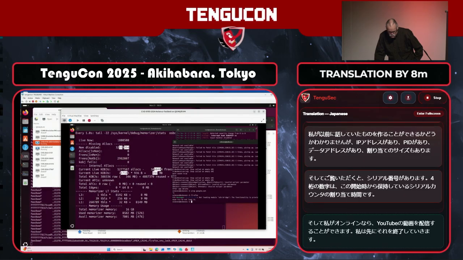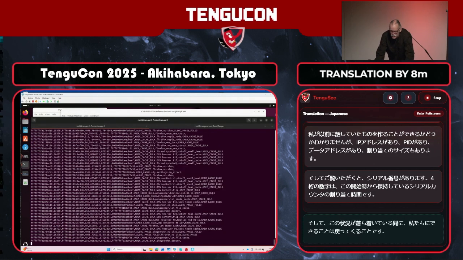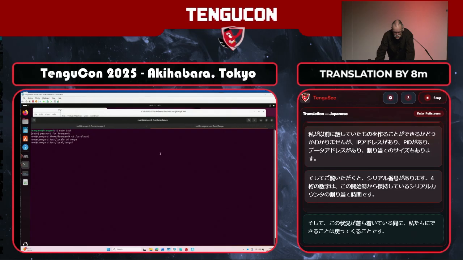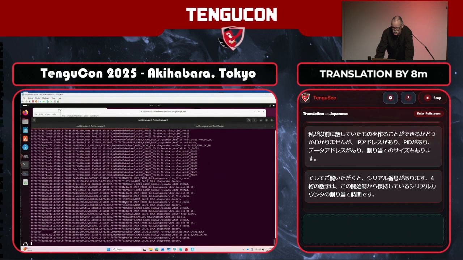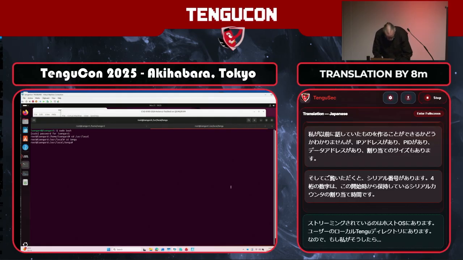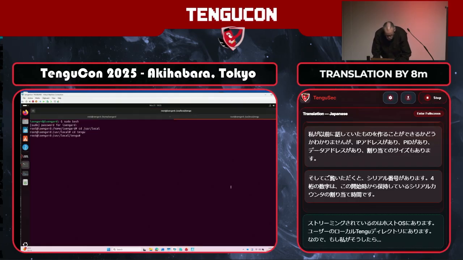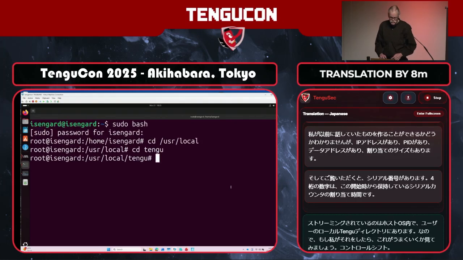And then while this thing is calming down, what we can do is come back in and see that the data that's being streamed is in the host OS, in the user local Tengu directory. Let me see if this is going to work. Control Shift. Can y'all see that bigger now? So if I do